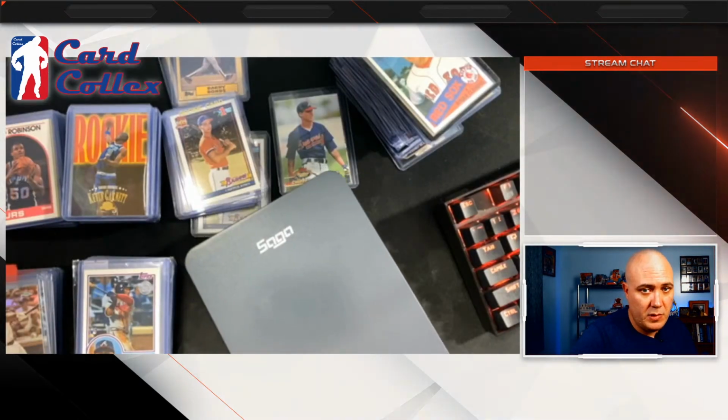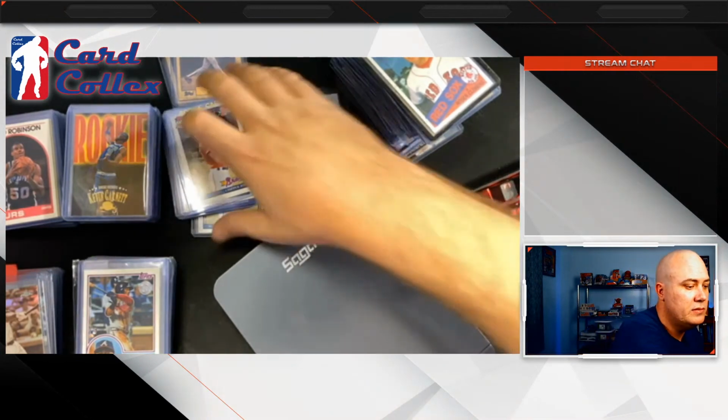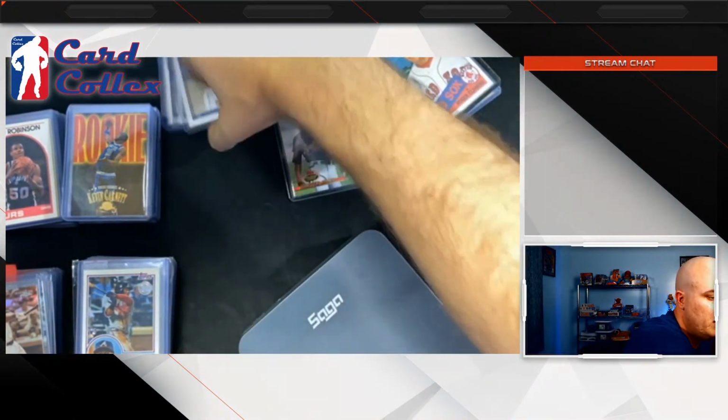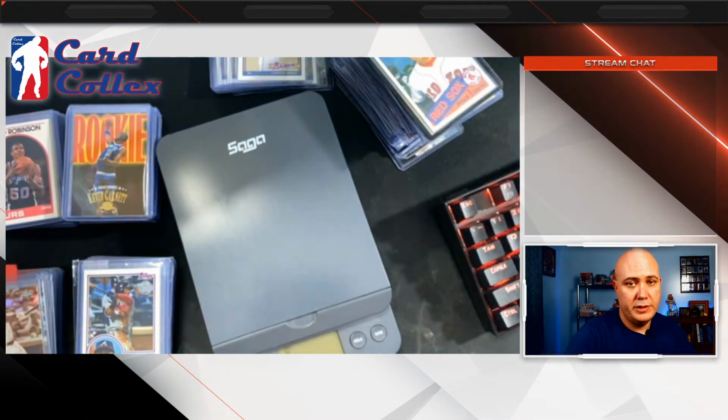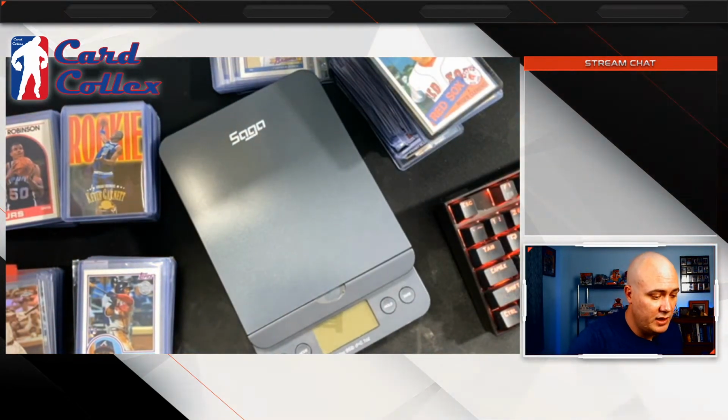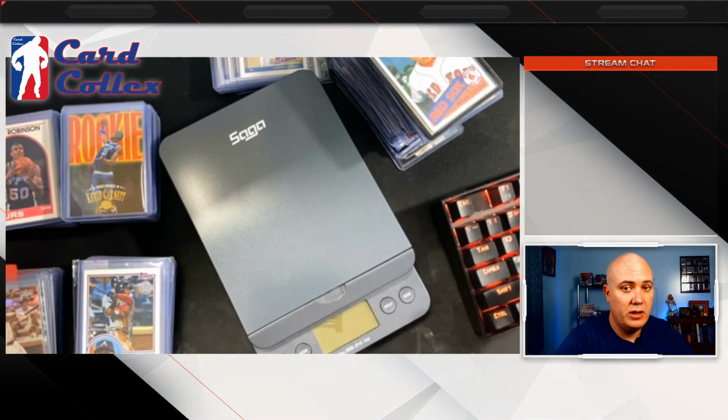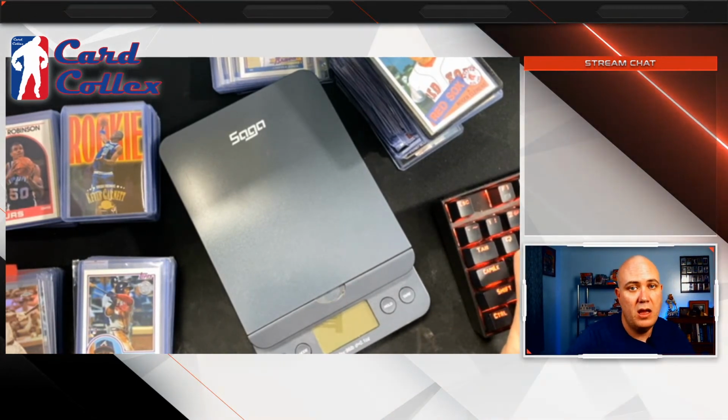They're cheap. Let me move some of this stuff out of the way. This is the scale that I use. Get a scale that has 0.1 ounce increments. This one has a battery.